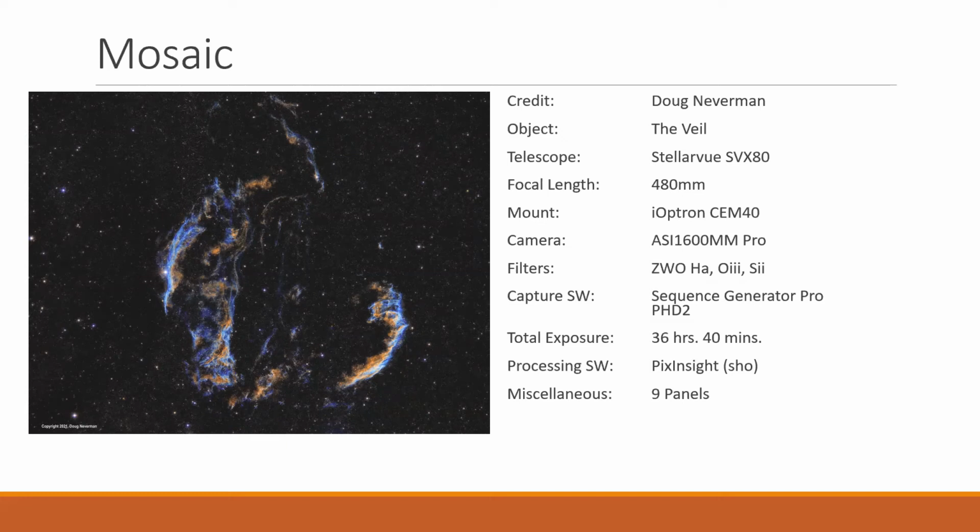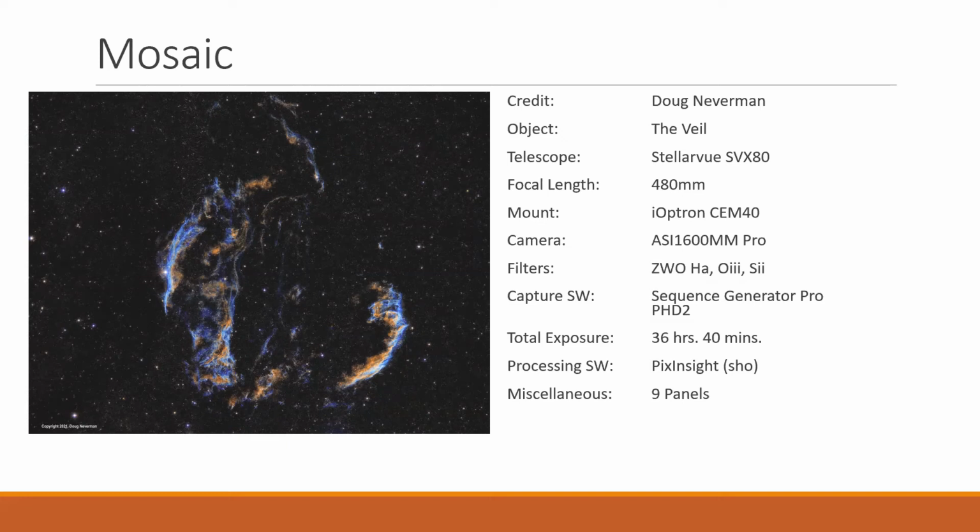The point of all of that is that this object is really, really big. In fact, it's so big that I cannot get it all into one image. So I had to take multiple images of different panels side by side and then stitch them together to make this particular image. Now, I had a question when I did this presentation: why not just use a shorter telescope with a wider field of view? And the answer comes about as well. I don't necessarily have a telescope in that size. I can now use one of my